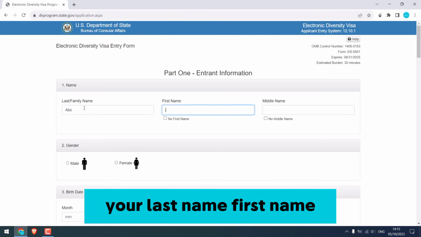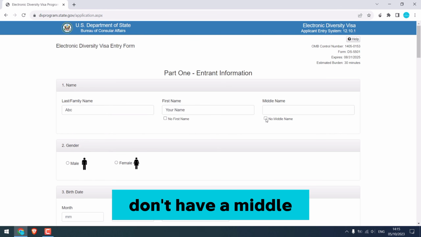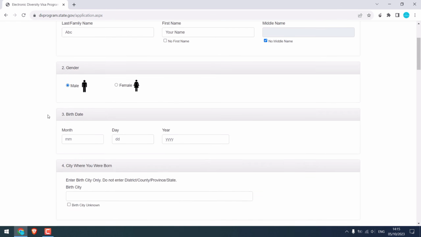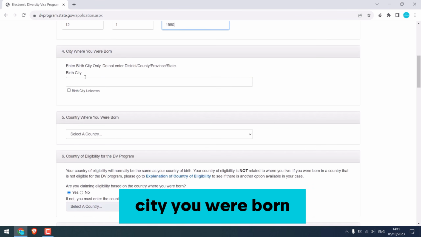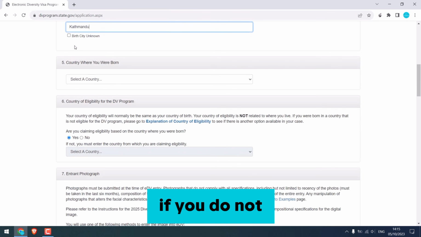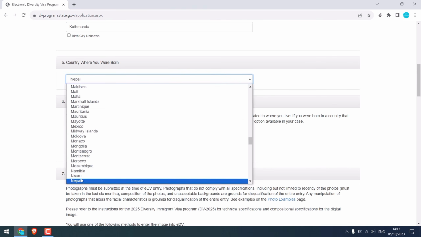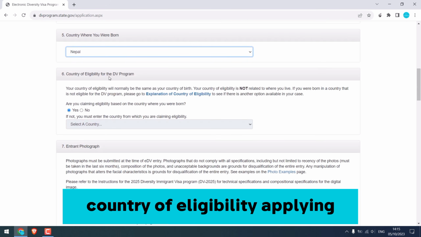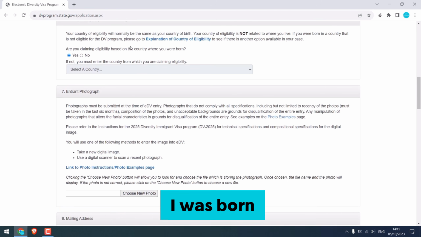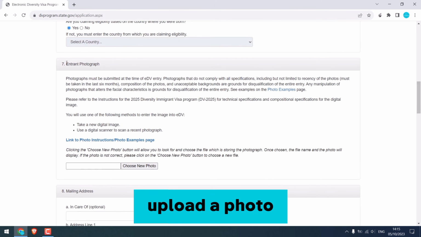Your last name, first name, don't have a middle name, choose a gender, add your birth details, city you were born, only the city name. If you do not know, take it here. Country where you were born, country of eligibility, applying from the same country I was born. Upload a photo